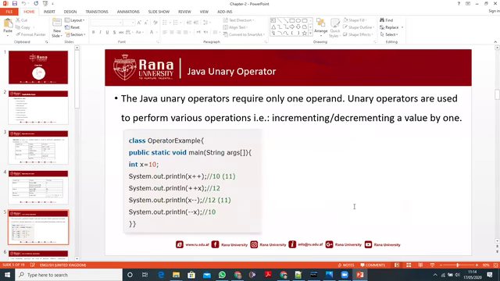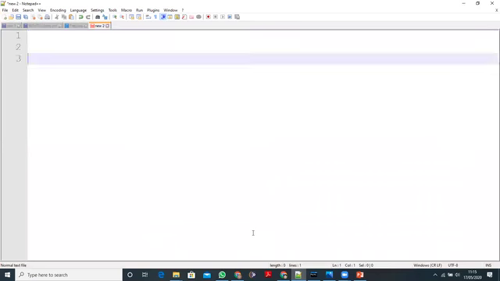Now let's come to the first operator, that is the Java unary operator. The Java unary operator requires only one operand. Keep in mind, we have two-operand operators and three-operand operators, for example the ternary operator. And if you want to implement two operands, we use, for example, int x